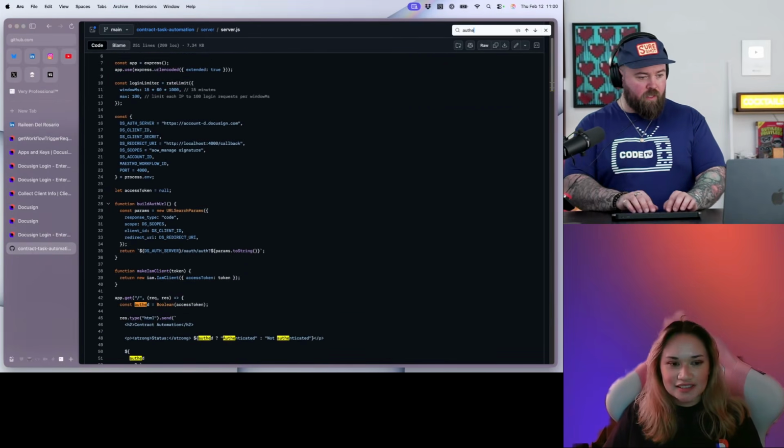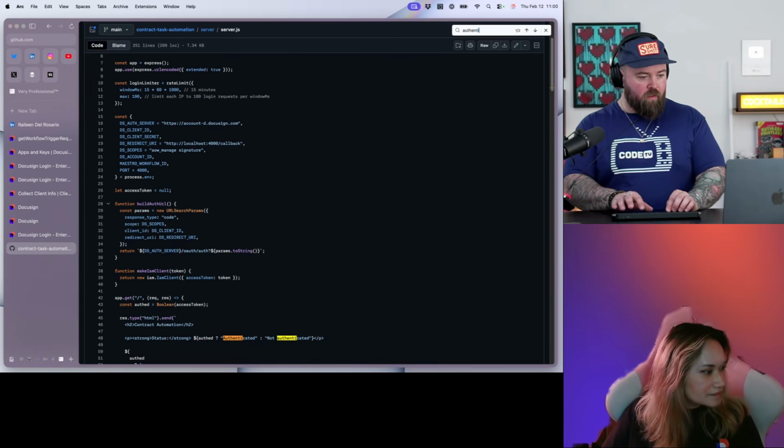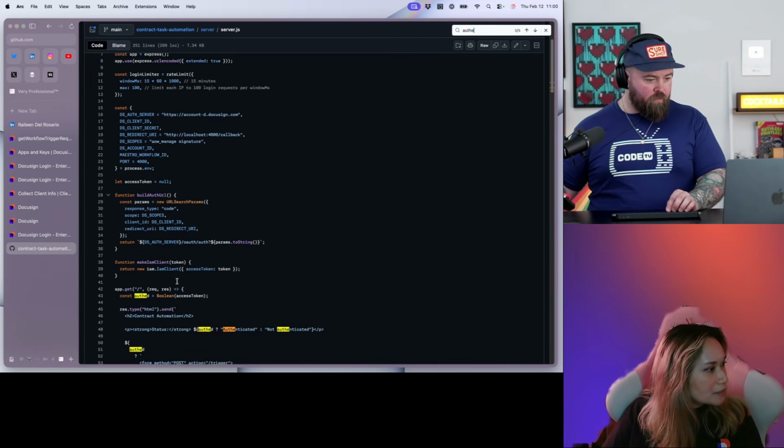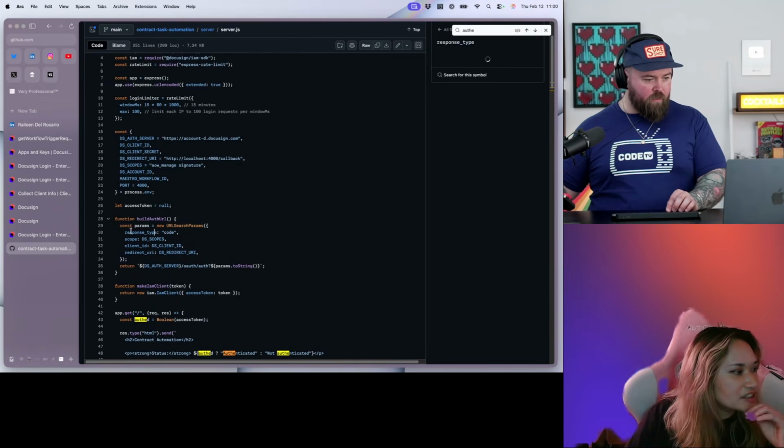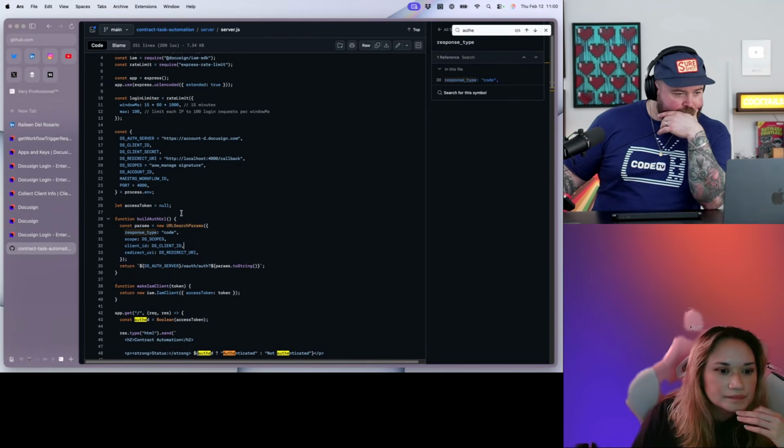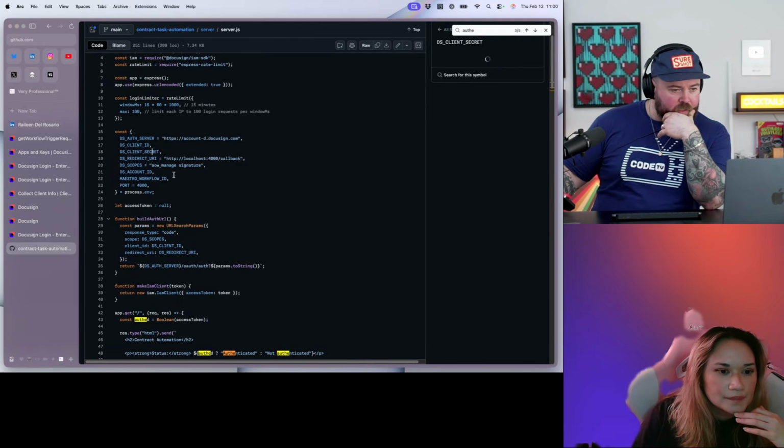Let's find the authentication. Yeah, there's the build auth URL, and here's all the things that we need.